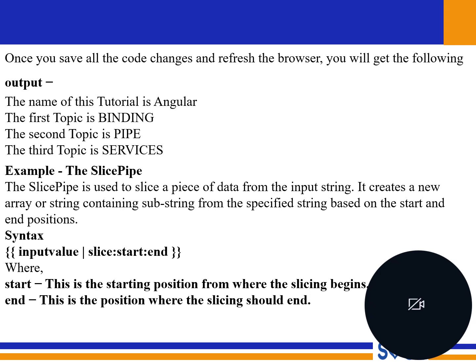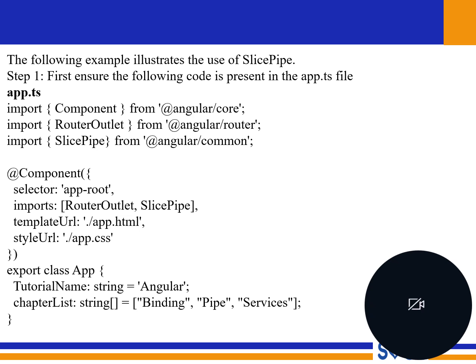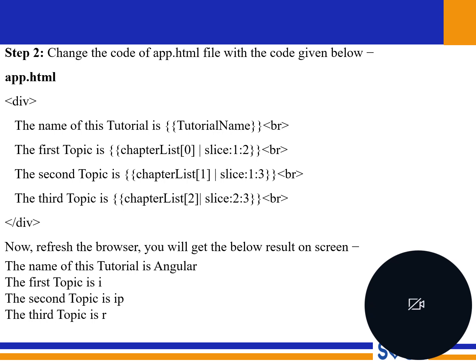So start is the starting position where the slice begins. End is the end position where the slice should end. This syntax you have to follow while using the slice pipe. So this is the example for the slice pipe. First you have to give the app.ts. Next you have to give the app.html. So finally you get the output as